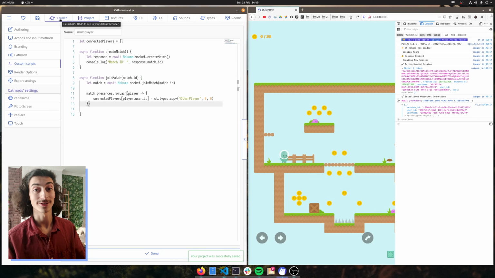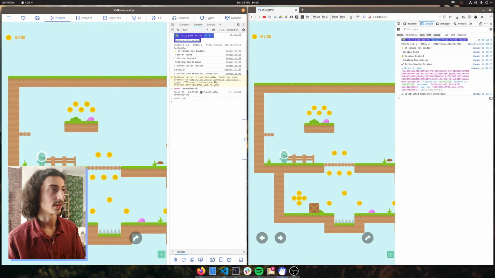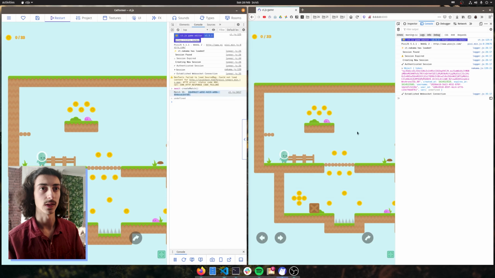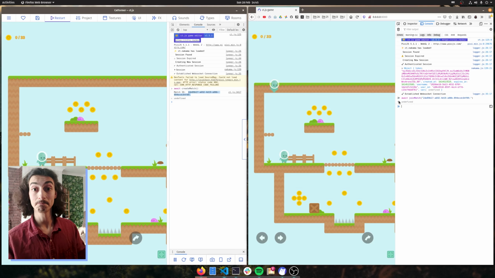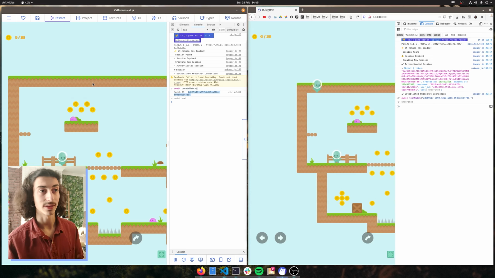So now, if we launch the game, refresh it on our browsers, create a new game on the left, copy the ID, make sure you also include the little dot at the end as that is required. I'm going to join the session on the right hand side. Ta-da! We now get an other player type spawned here on the right. And if we move about, it doesn't actually do anything because we haven't told it to do anything. But success already. We already have another player